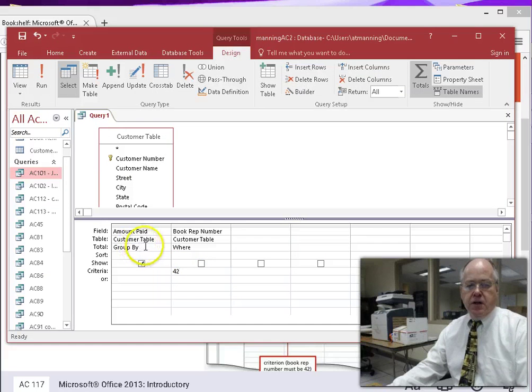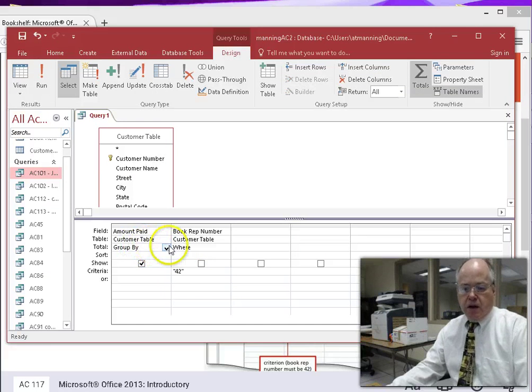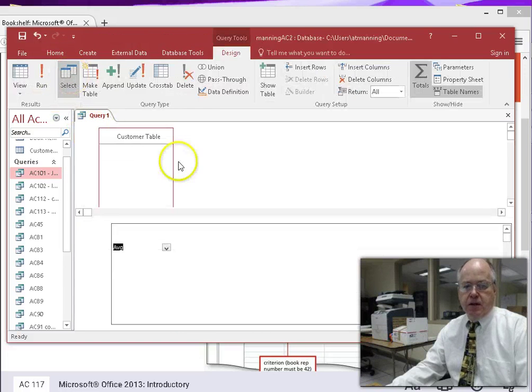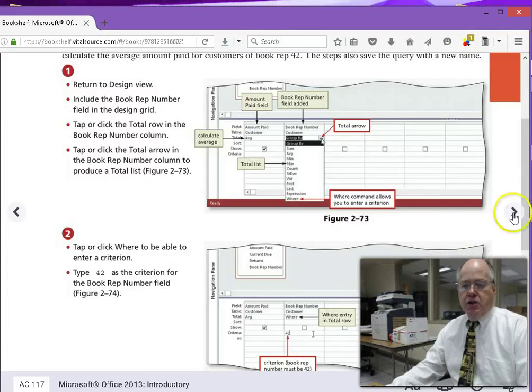So what this is doing is giving me the average amount paid for customers whose book rep is 42. If I view this, there I get one answer because there's only one book rep, 42, the average amount paid for that book rep's customers. So a fairly complex query,